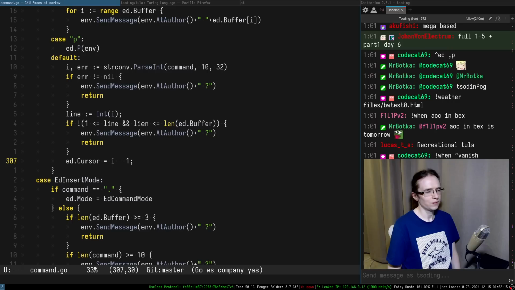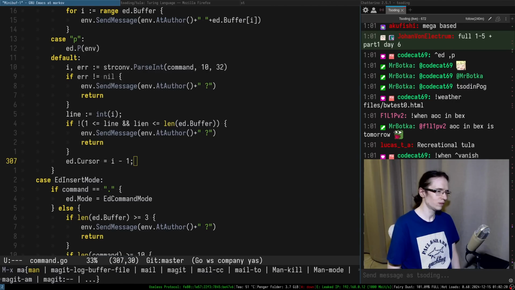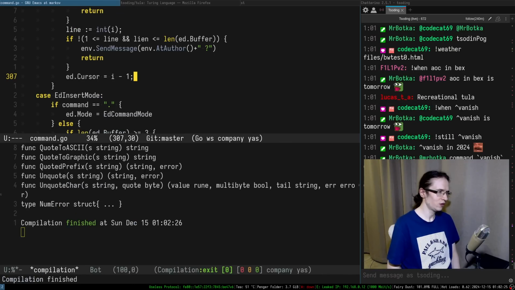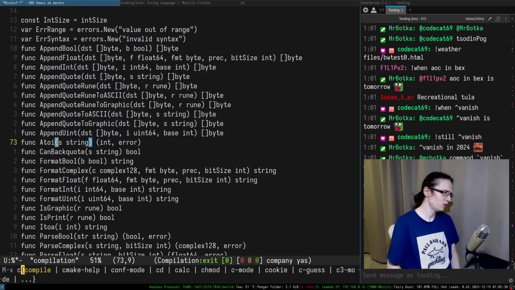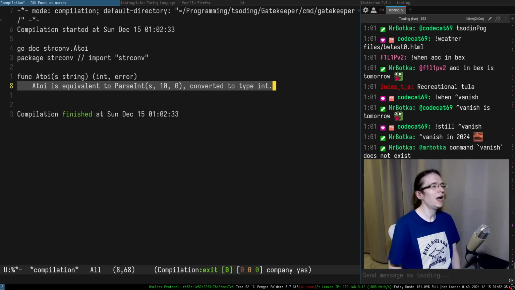Atoi. You think Atoi is going to be better? Where is it though? Let me see. Is it also in strconv? I didn't see it honestly. Oh, here it is. Oh, could have used that. All right, Atoi is equivalent to